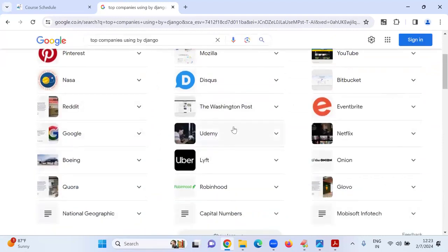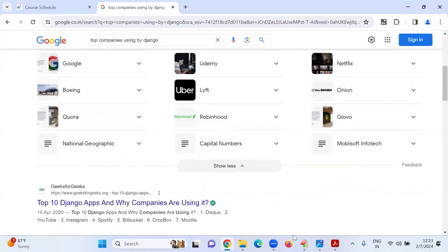See this, Udemy, Google, Boeing, Quora. All these companies are using the Django framework. In the golden days, everyone used Java, .NET to develop applications. Nowadays, everyone goes to Python along with Django.